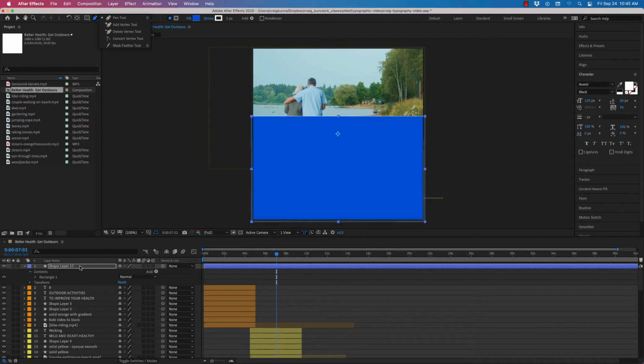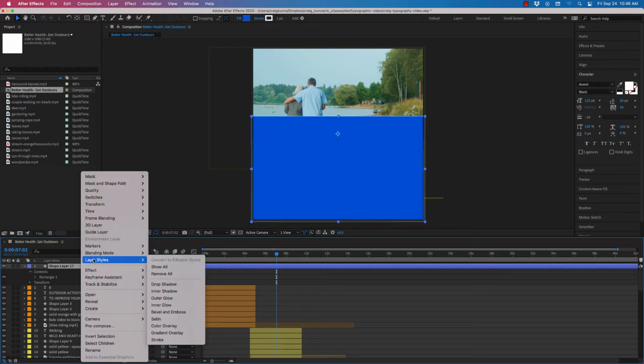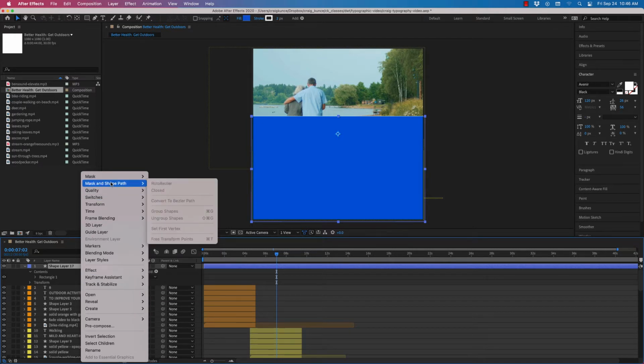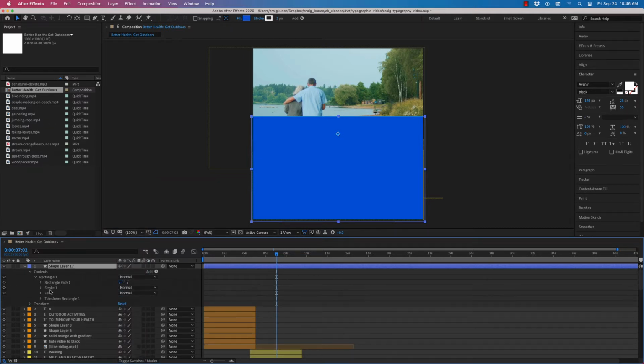So in order to make it a path, we have to go down and select the layer. Okay. Oops, how about that? I'm going to deselect everything just so we can see we're selecting this layer. And then I'm going to control or right click on it. And then, see if I can remember where this is in here. I want to convert it to a Bezier path right here. So what am I doing wrong here? Let's go through here. If I choose my stroke,